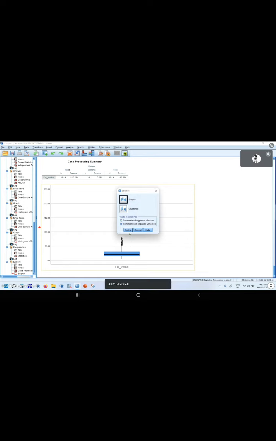So you can use Excel for graphs. This is an optional thing only. If you want to report the median and interquartile range in the form of a box plot, you can use this option. Go to graph. Here the box plot option is there. Click here, simple graph, different variety, different group, different time point, everything you can plot in the same window. Select fat intake, click OK, and it will produce the output. That is one optional thing.